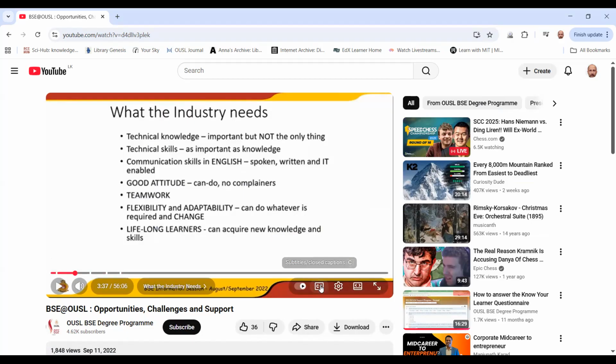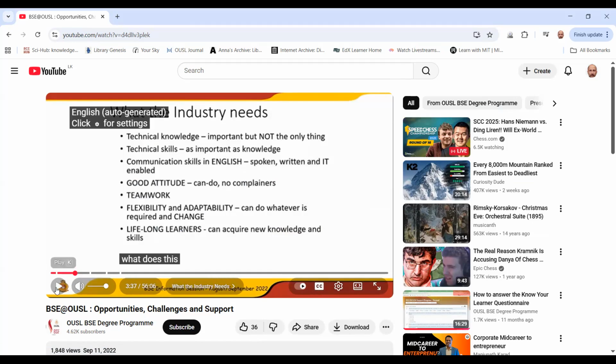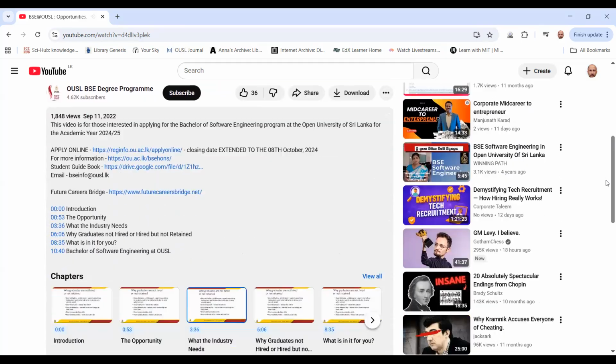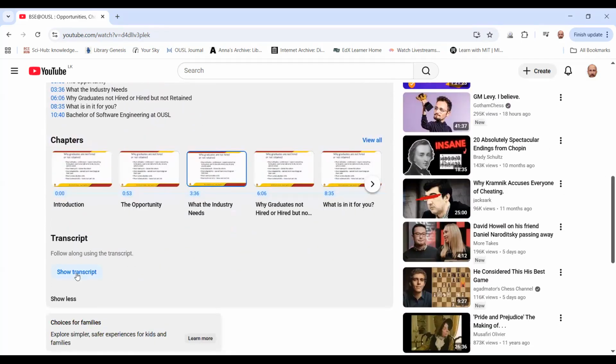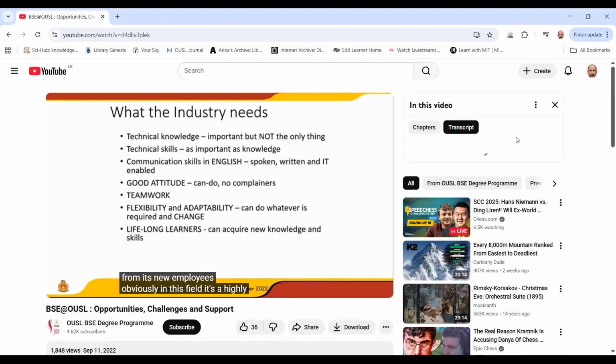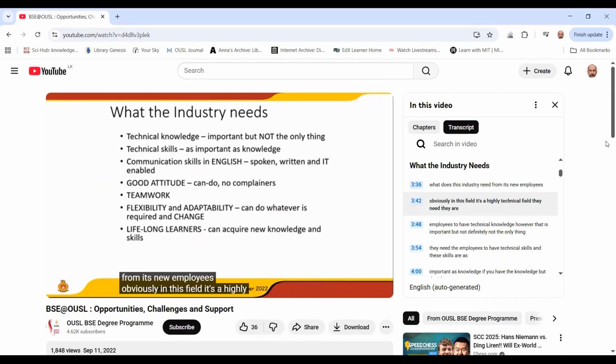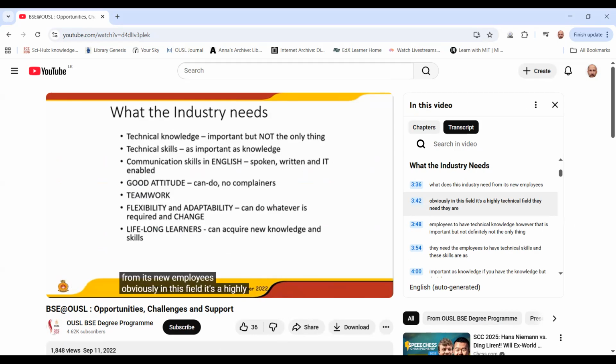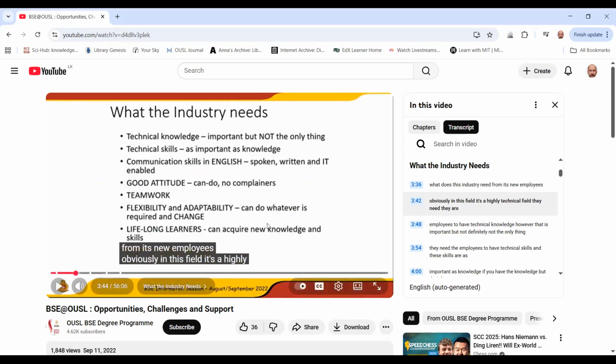Another thing that you can use is closed captions. That means subtitles. If you click this on, when I speak, you will hear me and read the same words that I am saying. If you want a transcript, you can click on Show Transcript and the transcript will appear here. And you can copy and paste it to any document you want, or you can read on this side while you're listening.